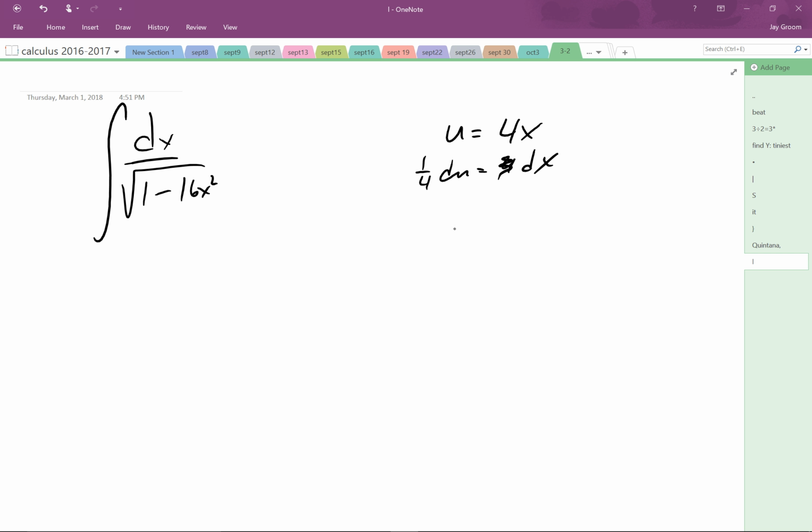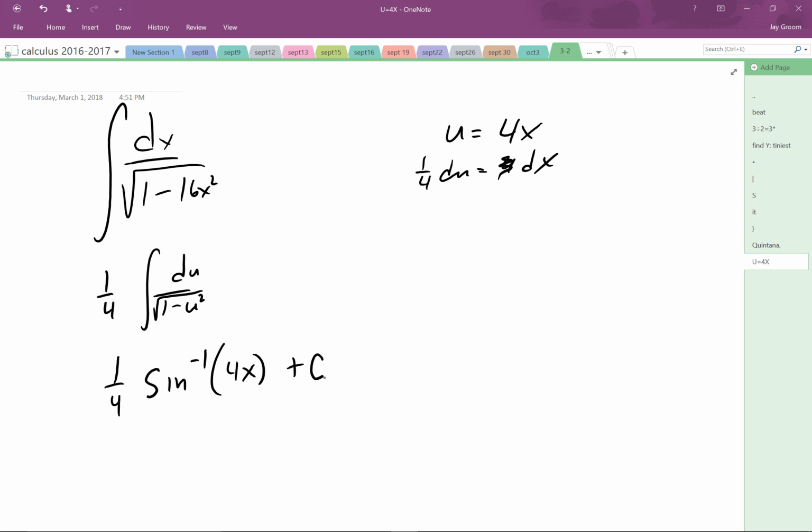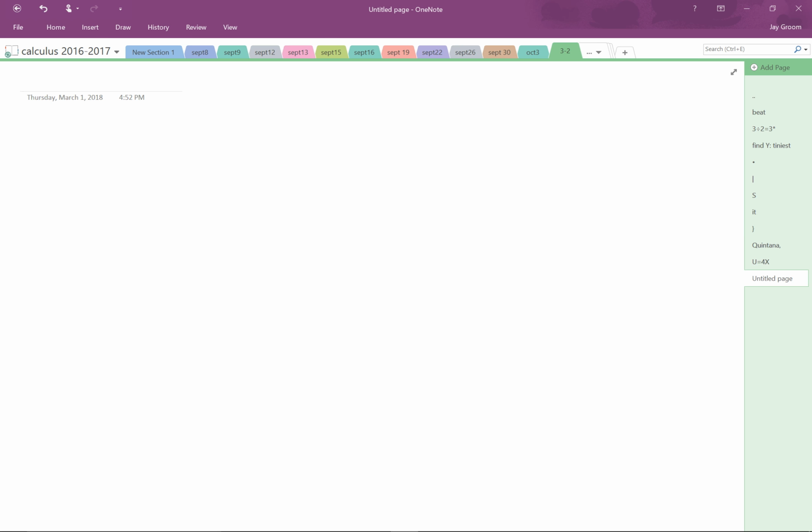Well, that's a quarter of what I have. So I'm going to replace that with a quarter of a du. And that's going to be the square root of 1 minus u squared, yes? Well, Mr. Grimm, isn't that just arc sine? It is just arc sine of u, which is 4x. And you're done. Okay? I feel like I can do a lot more examples this way because people aren't